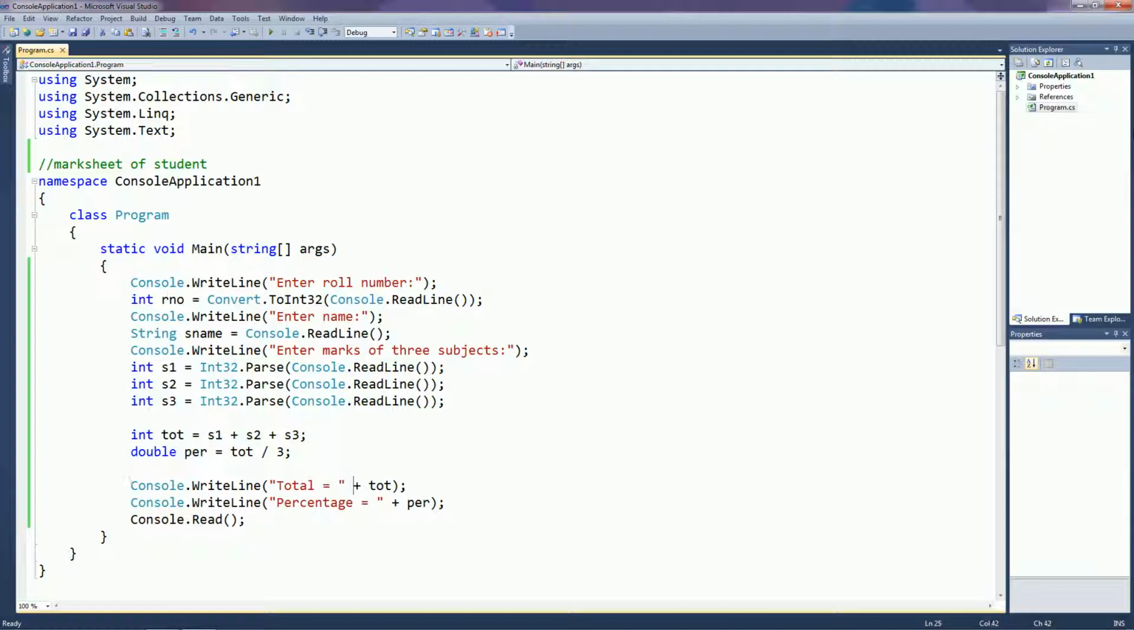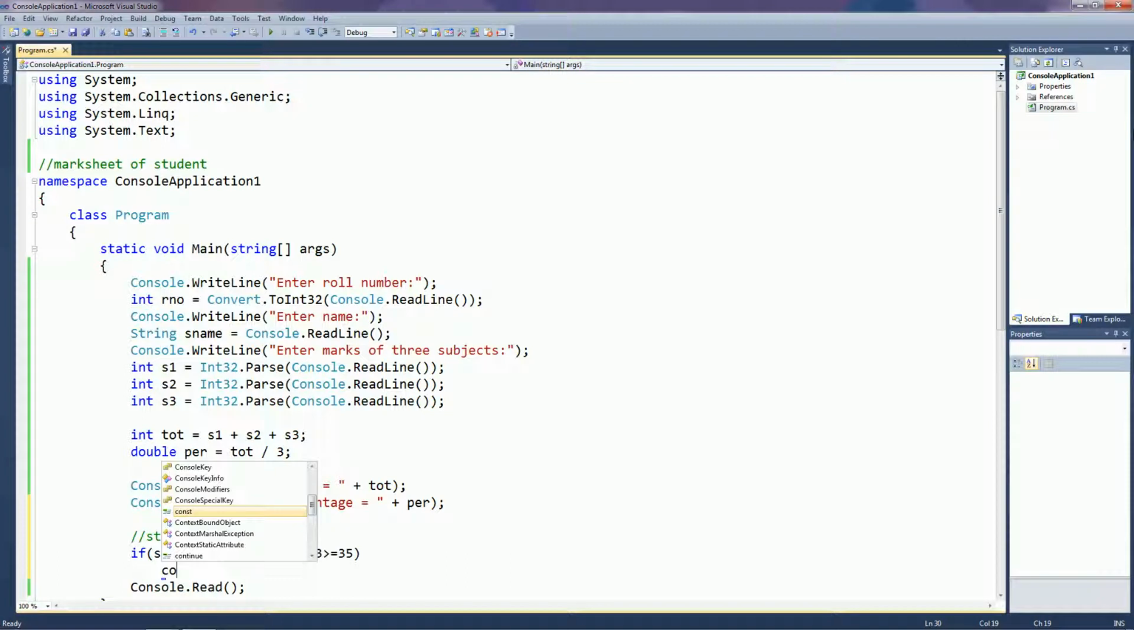Let us change this program. If I want here to print a status. Status means what? Pass or fail. Then simply I write here if s1 is greater than or equal to 35, there is our logical operator, double ampersand, and s2 is more than or equal to 35 and s3 is more than or equal to 35. Then we can write here